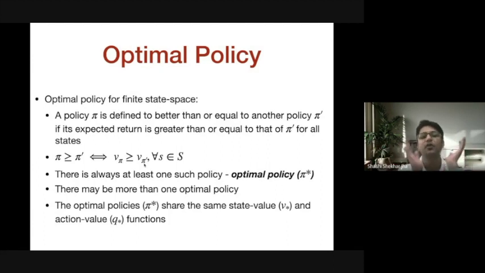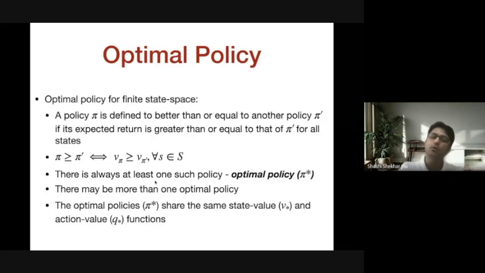Now we can simply focus on these value functions, right? And we try to learn the best value function for every state. Okay. Once we are able to learn the best value function, we can actually look into the policy that gave us the best value function, and that is our optimal policy. Okay. There will always be one such policy. So in any MDP, you will always have at least one optimal policy.